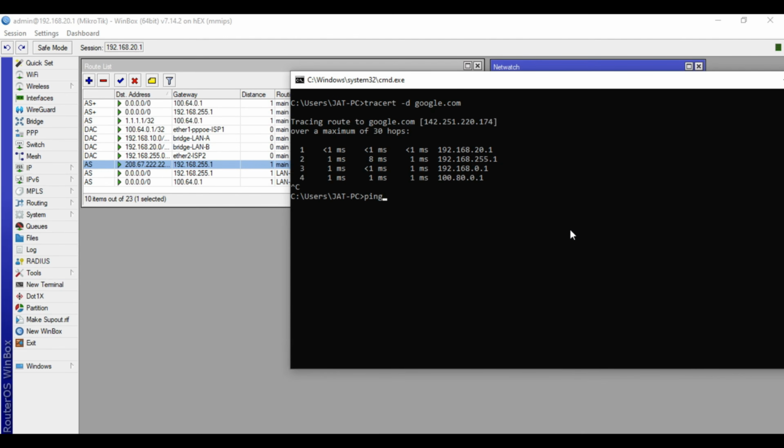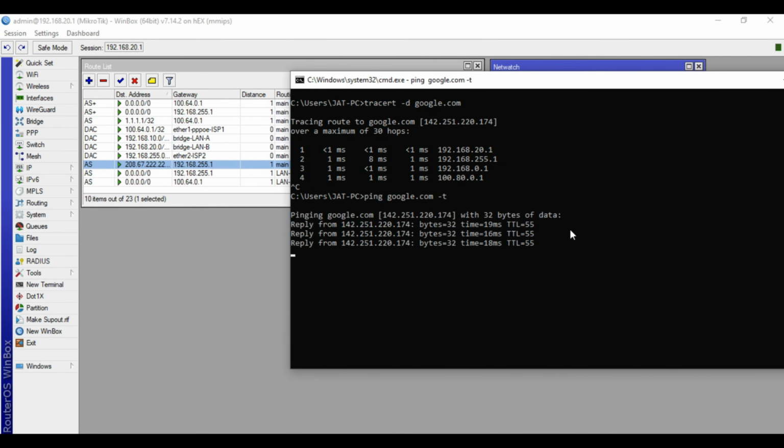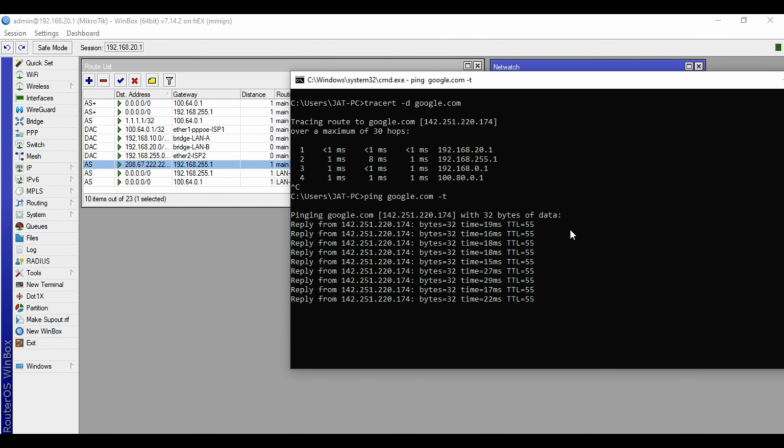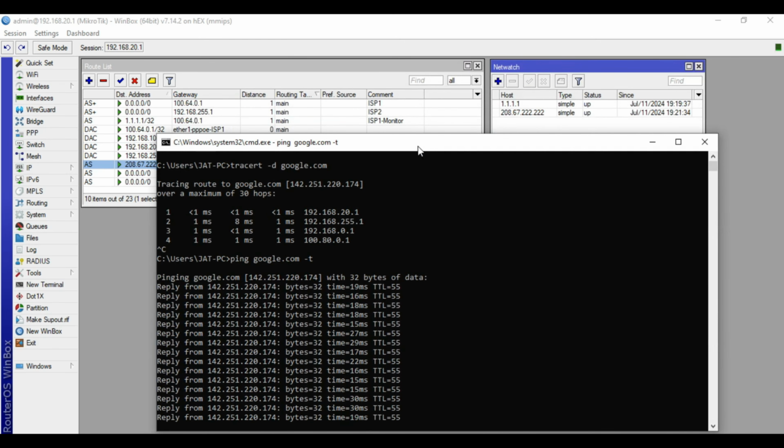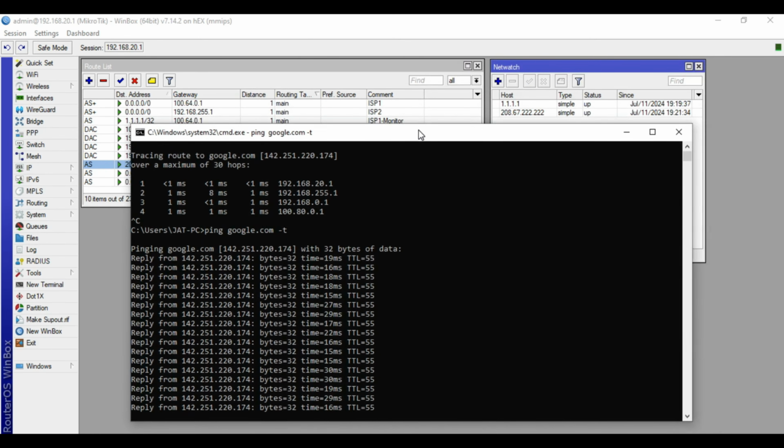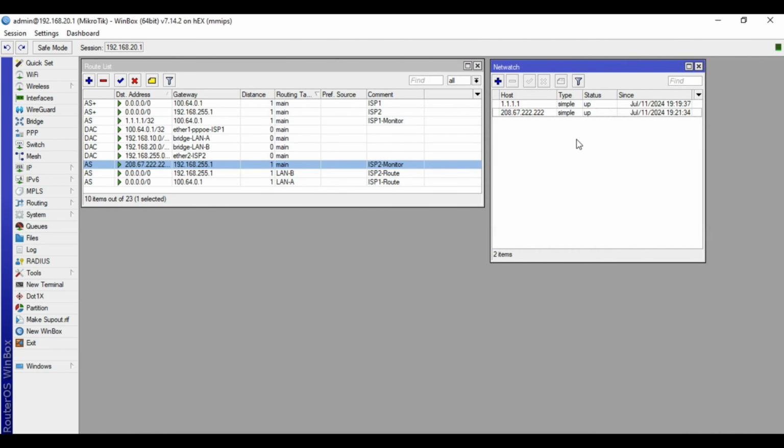Let's do a continuous ping. I will now simulate an internet downtime on ISP2, and the cause of the downtime is on the ISP side due to a fiber cut. NetWatch now will monitor the public DNS address assigned to ISP2 monitor.